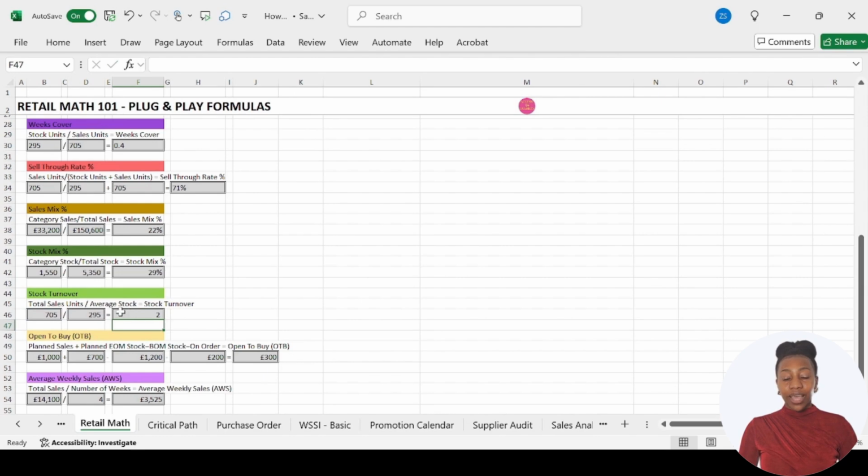That's why it says your average stock. So it's average stock for the course of some time, and you would identify that according to your range and your seasons and how you plot everything. So it has to be taken over a period of time, and you want your stock turnover to obviously be good, to be very high,